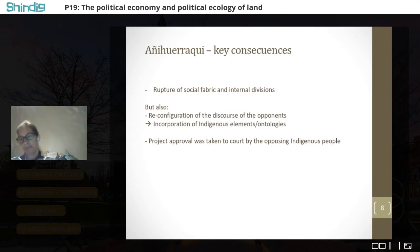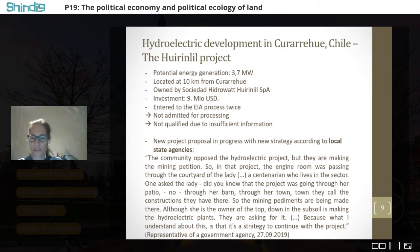And well, this means that the whole project will be taking more time and that it means more costs. So actually taking a project to court, the project owners do want to avoid this. So according to our field work in Curarewe, which we did last year into field trips, has led to changes in the strategies of hydroelectric companies aiming at developing the projects in these territories. So if we go to the next slide, then we can discuss another case study, which is Ririn Lil, which